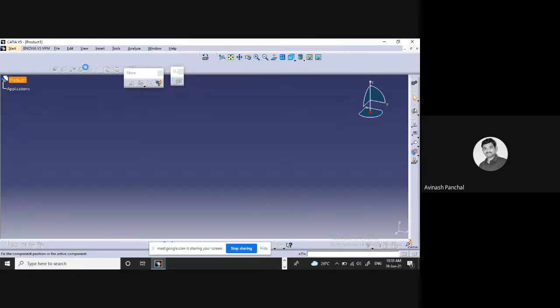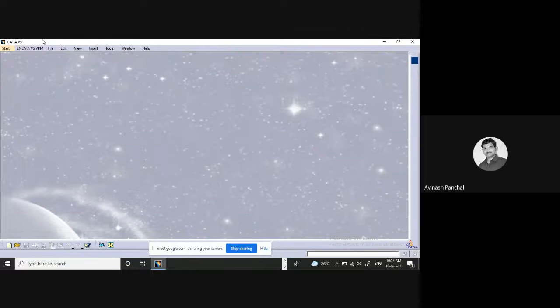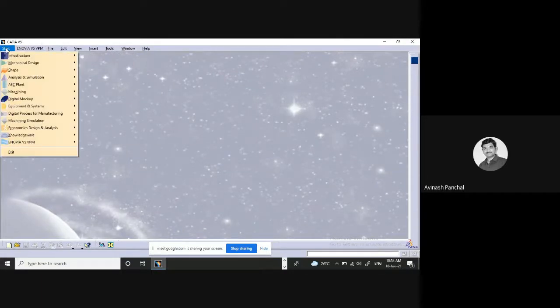But one thing we need to see, after this CATIA V5, what is written over here? It is product. Product means what? It is assembly design. Okay. So when we are not going to do directly assembly, just close the second window, not the first one. इसके नीचे और एक क्रॉस दिखाया है, वो क्लोज करना है। मतलब प्रोडक्ट का विंडो क्लोज करना है। प्रोडक्ट गया, यहाँ से चला गया। सो अभी क्या करना है हमको? गो टू स्टार्ट। हमको क्या करना है?